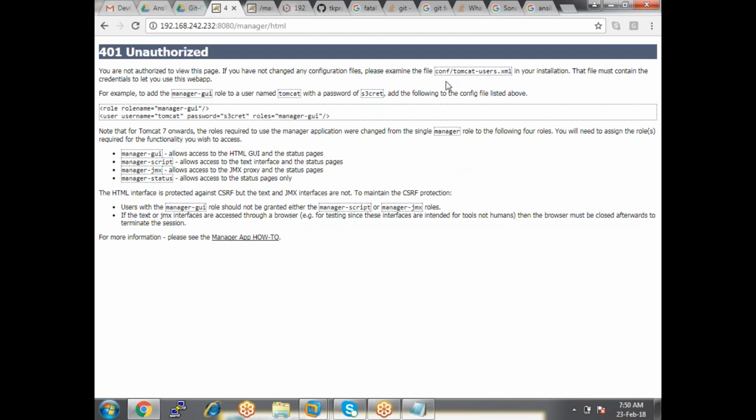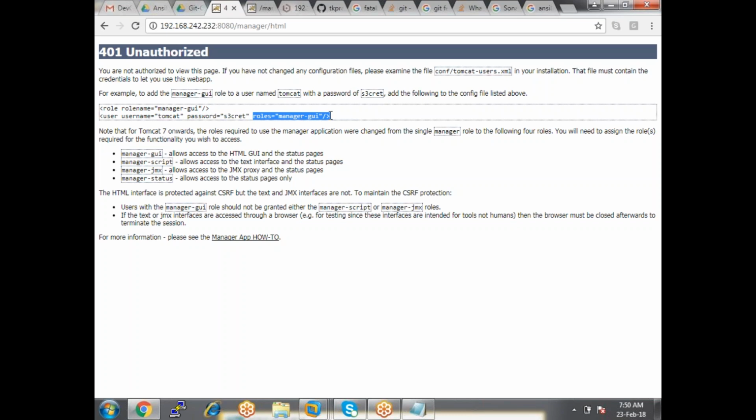Now you see this, right? Within the config directory, we have the Tomcat config file, tomcat-users.xml. In that file, just go with this. First, what do you see here? The role name, right? The role name is manager-gui. So first define the role name, and after that create a username and user password, and assign the roles to the particular user.